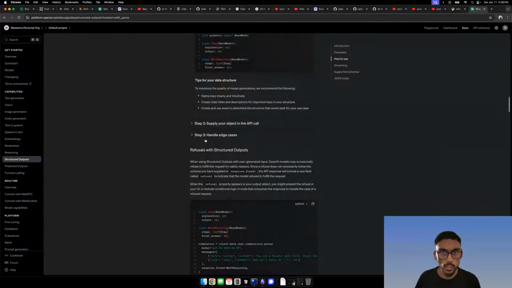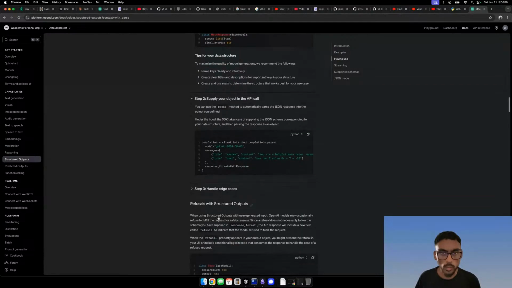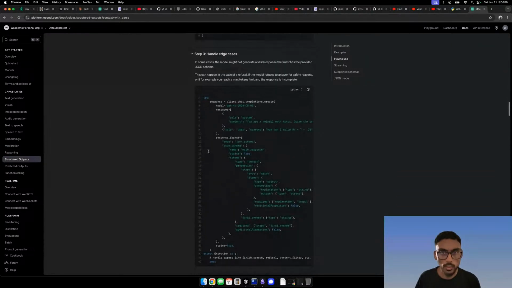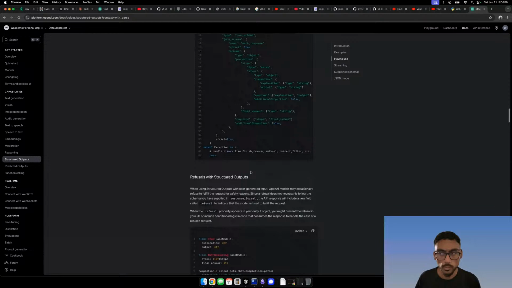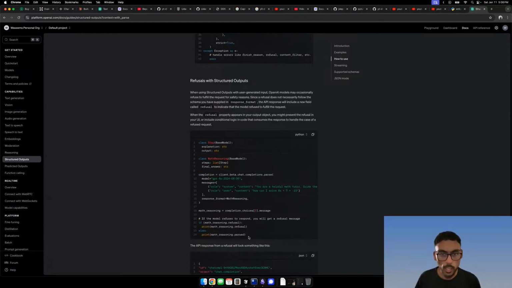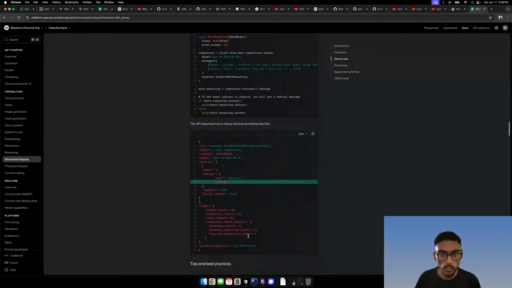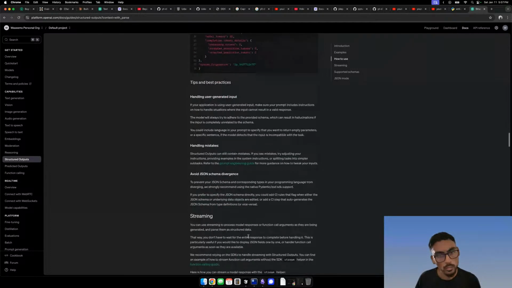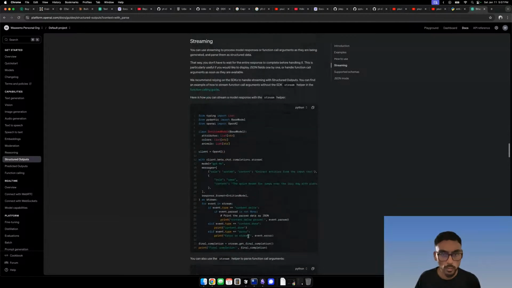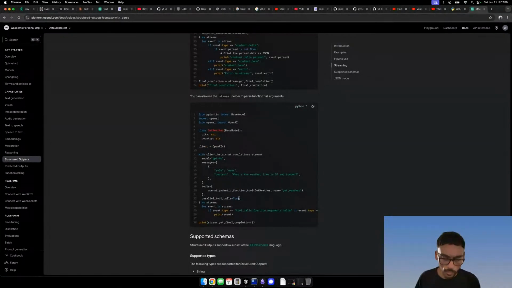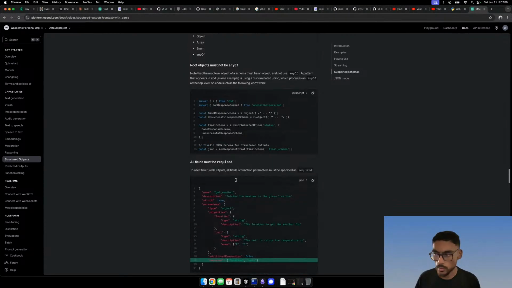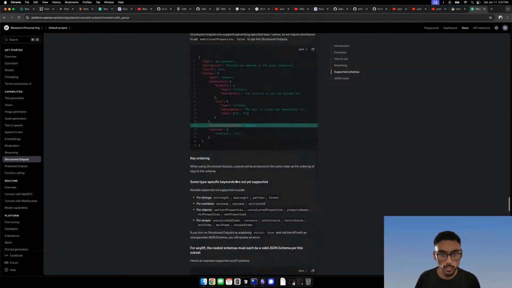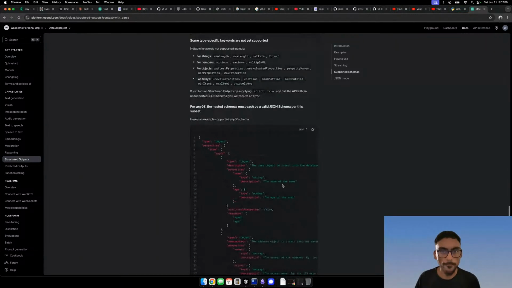Define your object, supply your object in the API call. That's correct. Handle edge cases. What are the edge cases? Oh, that sucks. There are edge cases in which it would not respond back with the object. Maybe this is a reason why we should be using instructor instead.